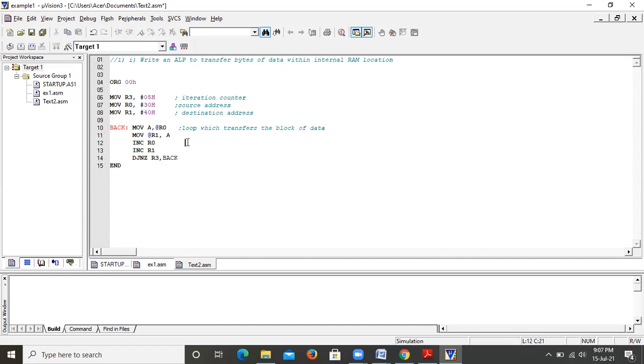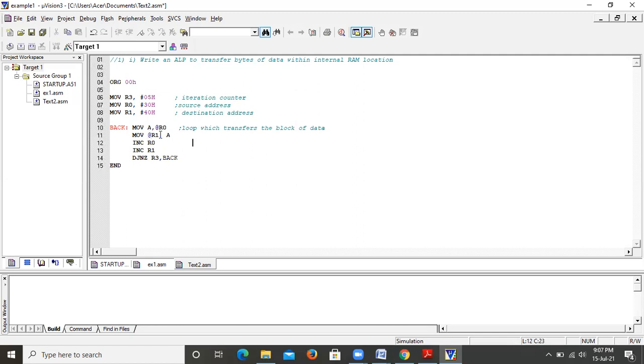What does it mean? Content of R0 is moved into the accumulator A. The first value in the R0, what is that? The value present at the address 30H is moved into the accumulator. Okay. Now we have taken the source value and then we have placed it into accumulator.